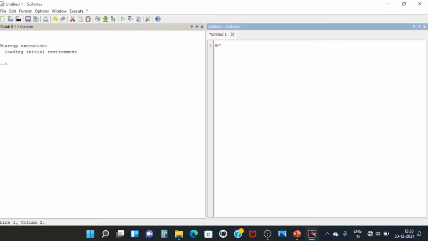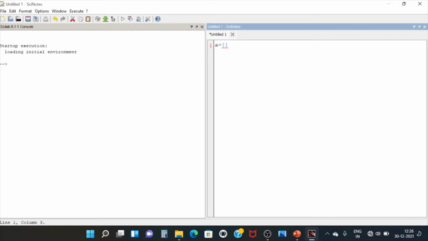Here we are going to consider A as a matrix with 3 rows and 3 columns. So how are we going to define a 3 cross 3 matrix? Here A is the matrix, and it will be equal to the values placed in square brackets.